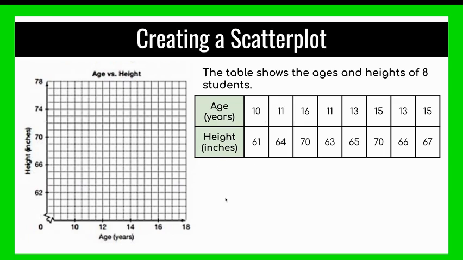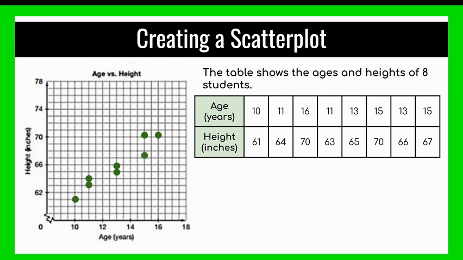So I'm just going to plot ordered pairs. I'm going to go 10 to 61, put a point. We have 11 and 64, 16 and 70, 11 and 63, 13 and 65, 15 and 70, 13 and 66,